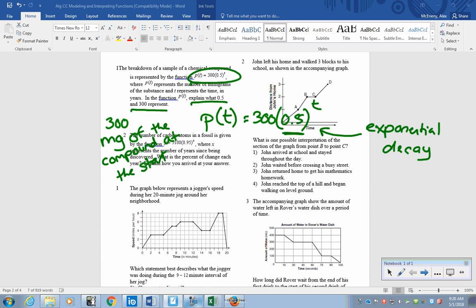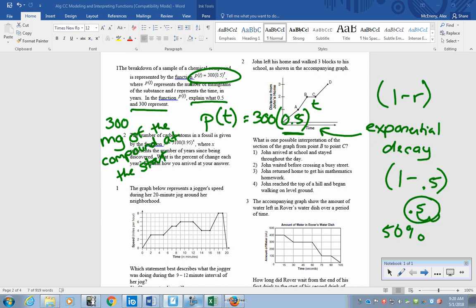And to figure out the percentage, because it's an exponential function, what you would do, since it's decay, is 1 minus r. So in the case of this, it's 0.5. That would mean that 1 minus 0.5 would give you that 0.5 left. Now, the idea with this is that that 0.5 represents a percentage. So if you move the decimal 2 spaces, that's going to give you a percentage of 50%. So what that means is, for the 0.5, we're losing 50% of the substance based on the amount of time. In this case, it's years. So a 50% loss